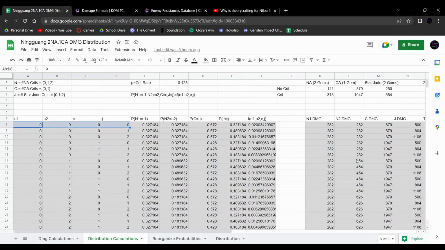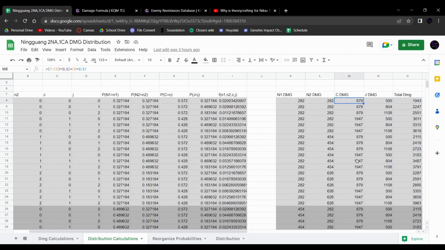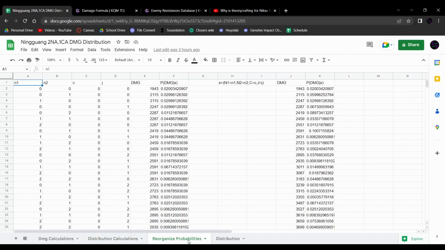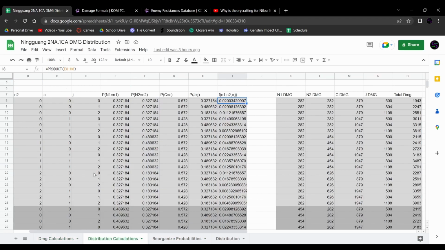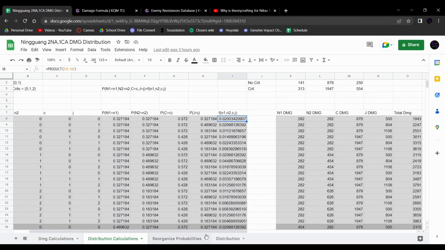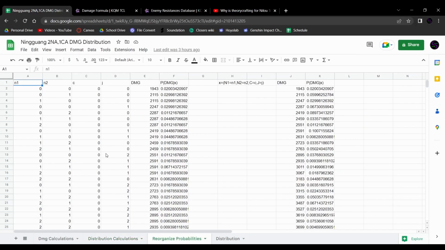how many crits happened. The next thing we had to do is to calculate, or we actually don't need to calculate the probabilities, but we need to reorganize them into something that's a lot more readable. Because I'll be honest, for as cool as this looks, it's not exactly the easiest to read. And if we actually take a moment to reorganize them, you might notice that some values actually appear more than once.